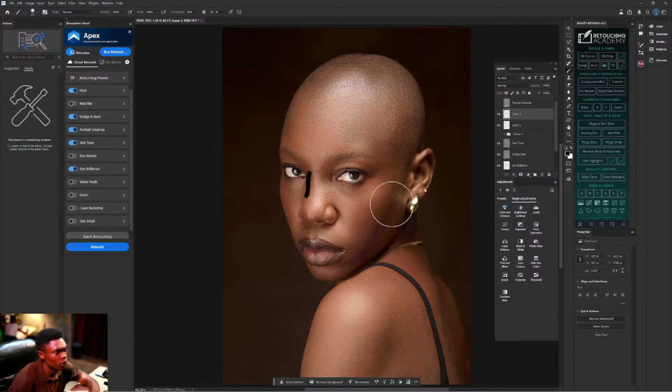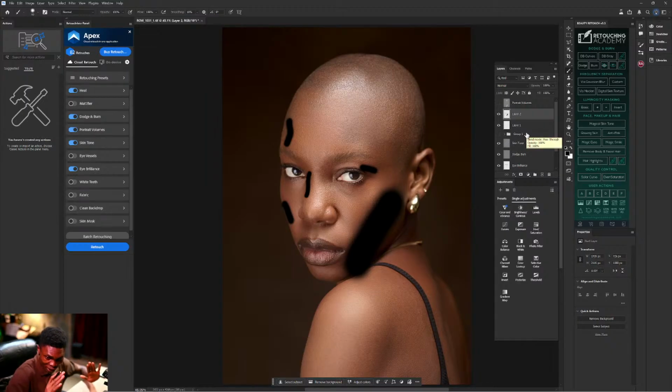Increase my brush. Draw small black. This one is for burn, and I will see magic. Then I go for dodge. Change it to white with X.